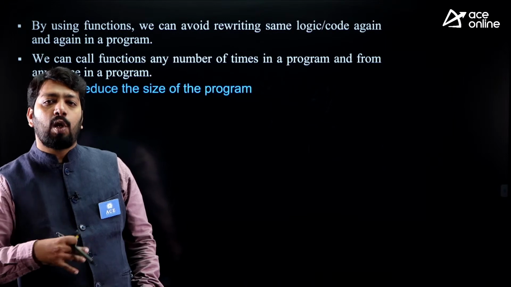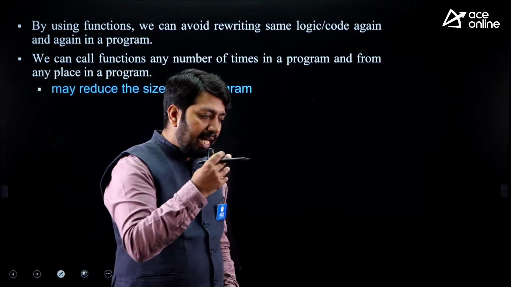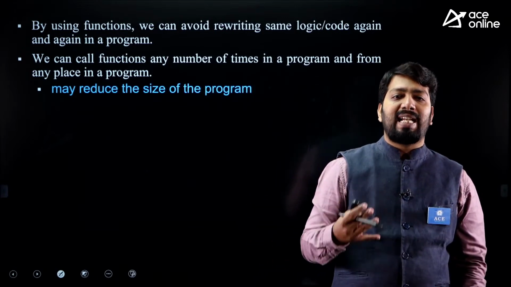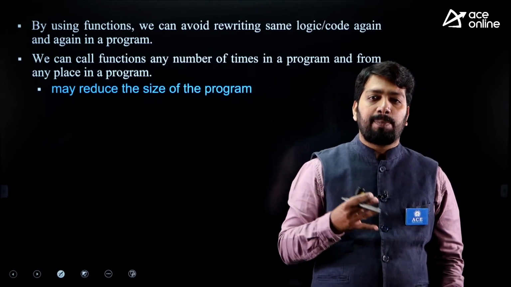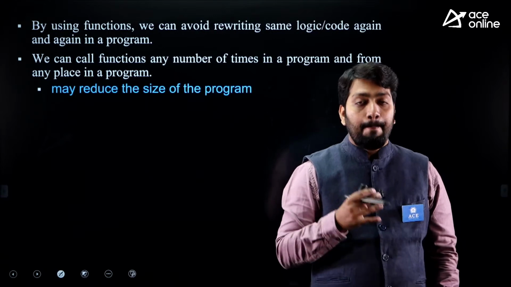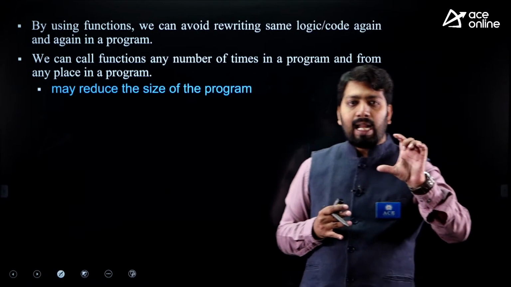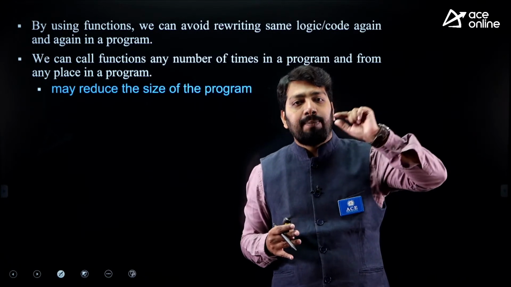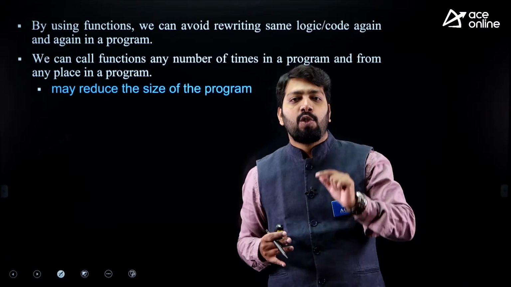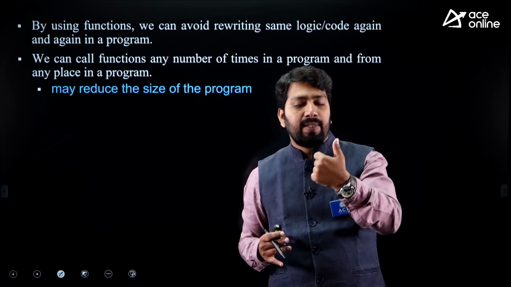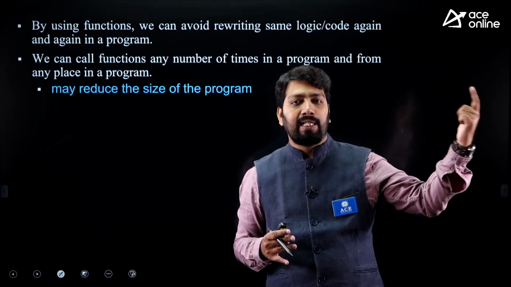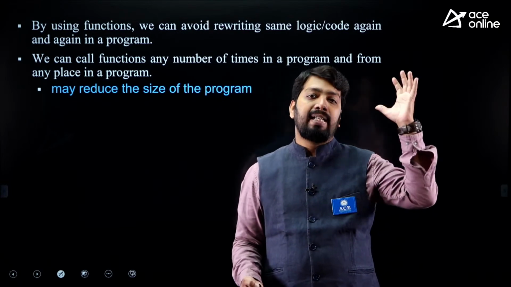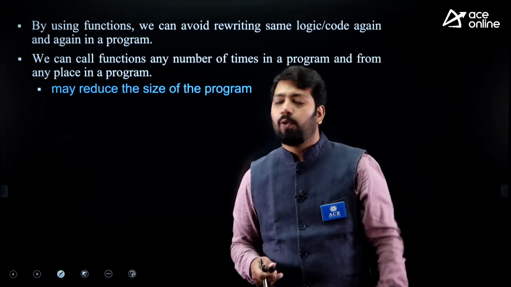Again and again, but not continuously. Fine. So that 10 lines of code you can write in your program, suppose 10 times. So your program will be 10 multiplied by 10, 100 lines of code. But if those 10 lines of code are part of one function, then every time you just need to call that function. Calling the function requires one line, and that function itself is 10 lines. So your code, instead of 100 lines, will become 20 lines of code.